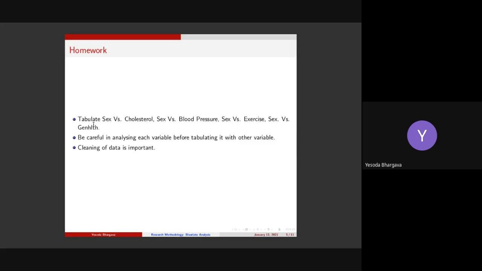When you are computing percentage, be very careful. The percentage has to be computed either row wise or column wise. It's not from the entire population. If from the entire population, then you would just do a univariate analysis in which you want to see how many people belong to the different general health categories. But when you bring in another variable, then you have to be very cautious of how you compute the percentage.